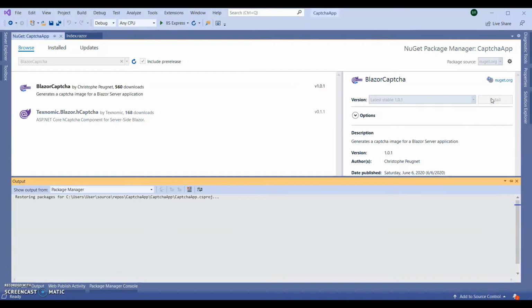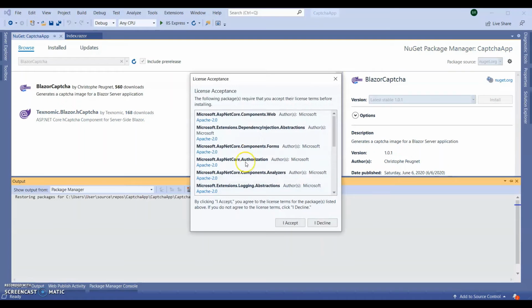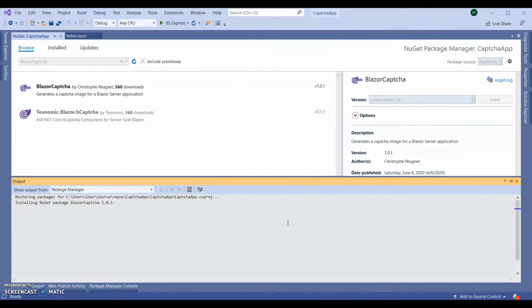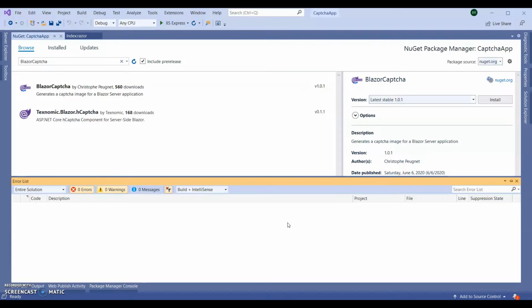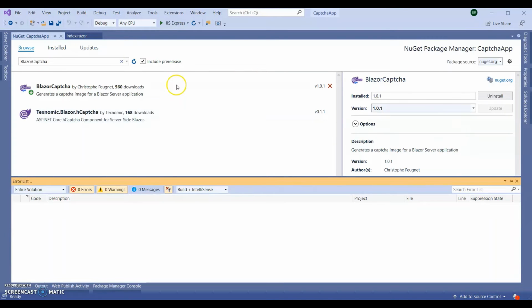Install. Okay, it got installed successfully. Save the application and close the NuGet package window.